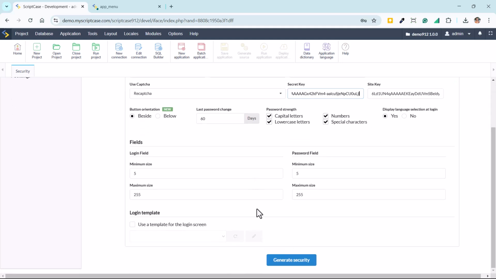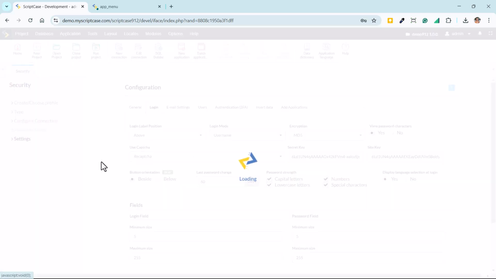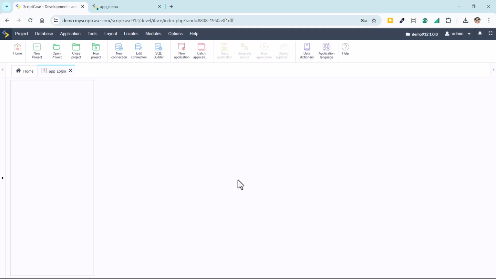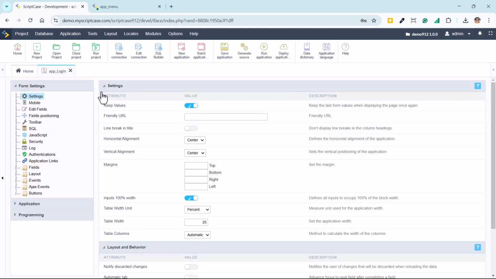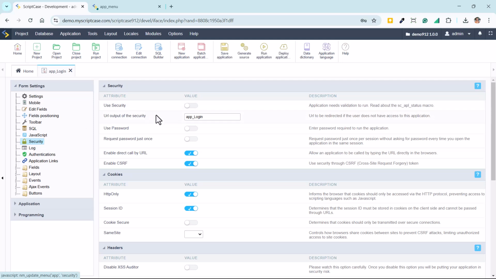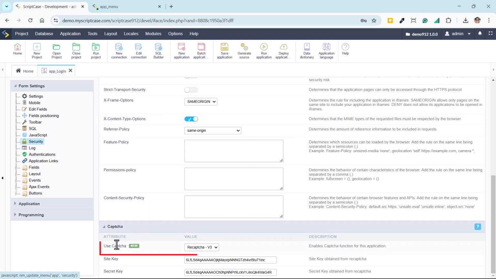Okay, and then continue generating my secured model. This is very fast and easy to implement. After you finish, you're going to have the option to apply it. Inside the login screen application, which is a control application, you have here the security options, and here you're going to be able to choose the type of reCAPTCHA that you are going to use.